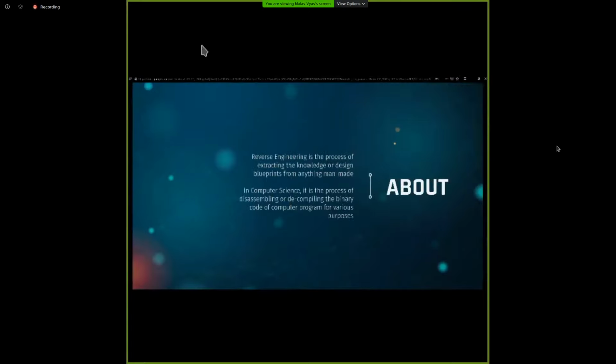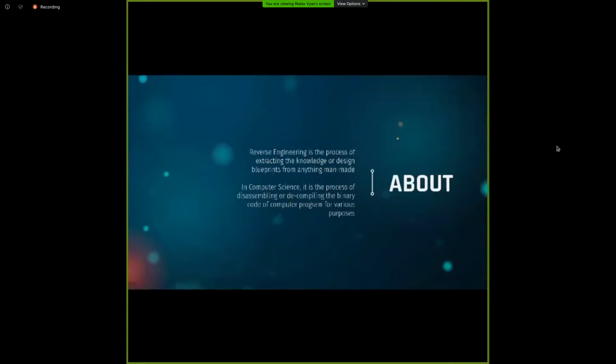But if you want to understand what is happening here, consider this: you bought a cycle from the market, and you want to understand how this cycle is working. What can you do? You just grab the screwdriver and try to disassemble. You open all the screws, untwist and take out all the parts. We are just doing that with the computer binary. That would be computer program reversal.